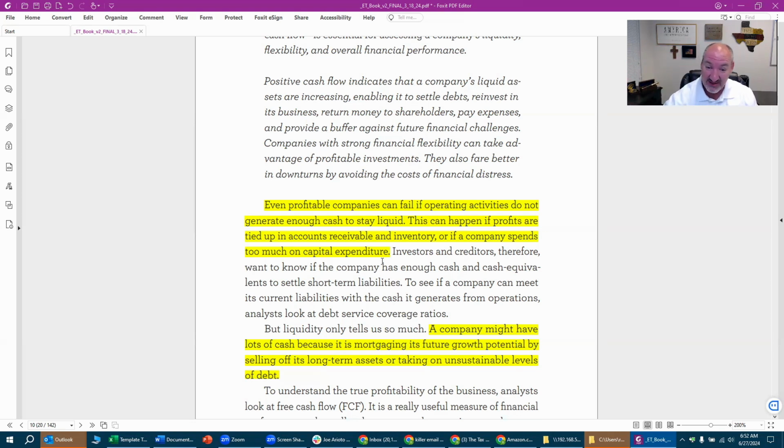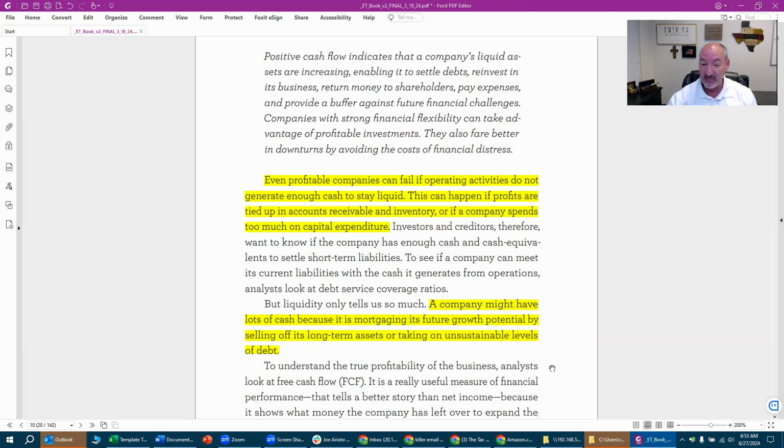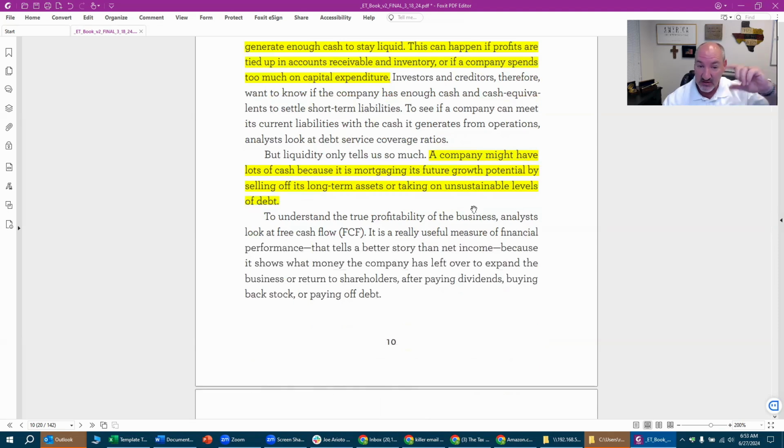Okay. So this is very important. A company might have lots of cash because it's mortgaging its future growth potential by selling off its long-term assets or taking on unsustainable levels of debt. So this is an important aspect as well. We need to also understand liquidity. It is an activity of cash being stored, and it is short-term. So we need to understand, hey, if we're gonna sell off a long-term asset, why? What are we doing? Okay. We're just not mortgaging assets for